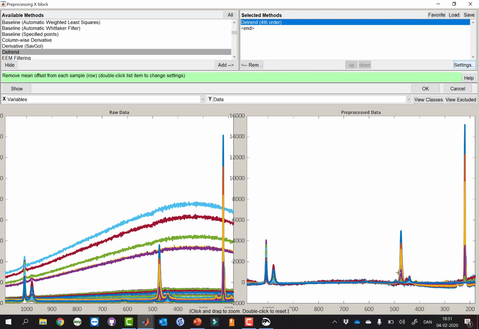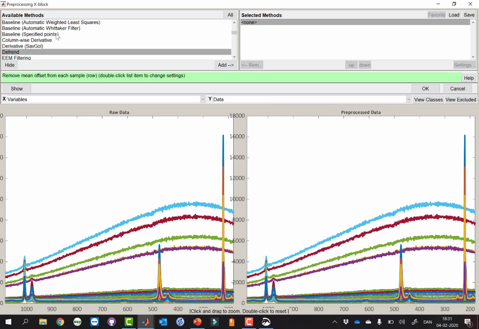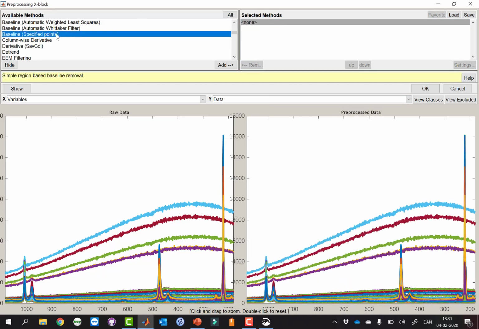So we seem to be overfitting a little bit. Now what we could do instead is that maybe we could fit a polynomial but exclude the areas where we have peaks. That could be a good idea. And that's this method, baseline on specified points.